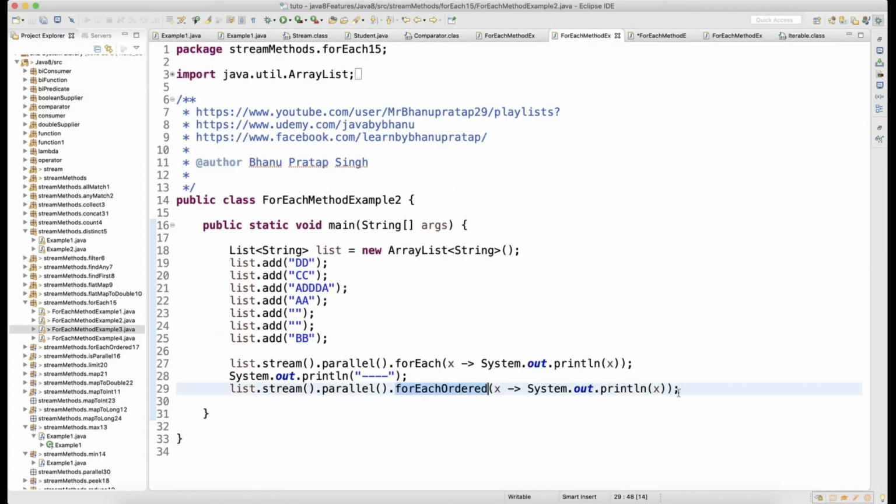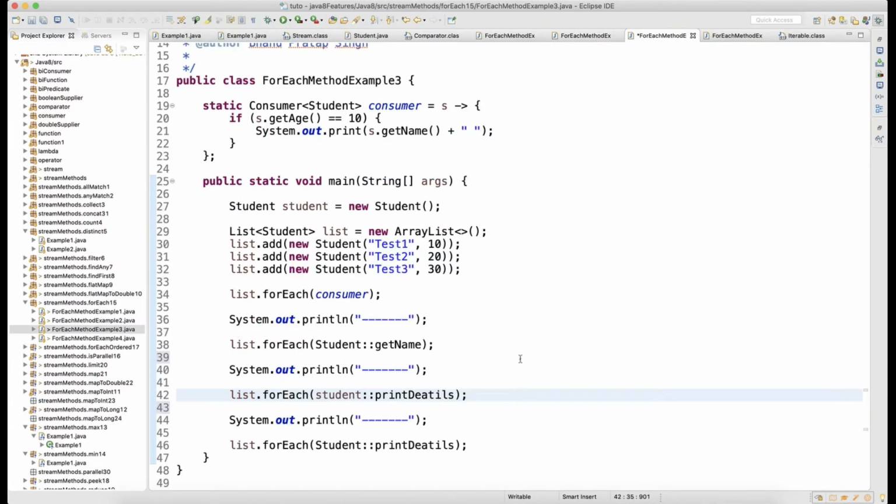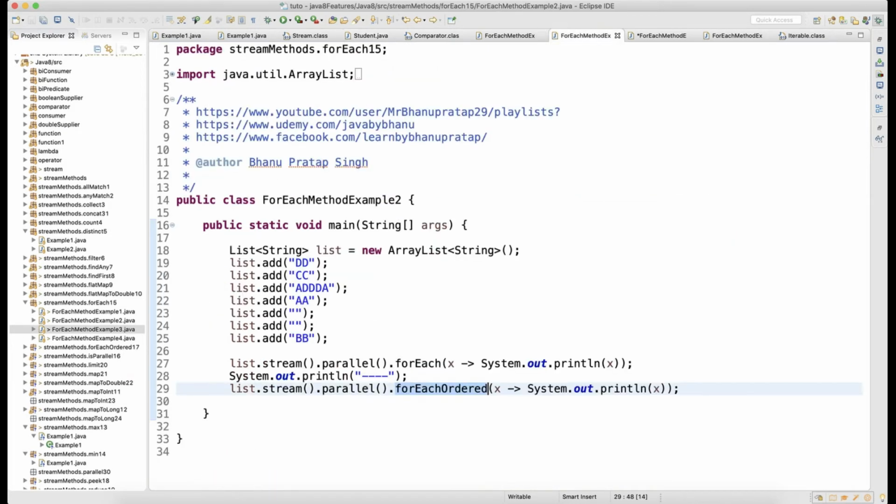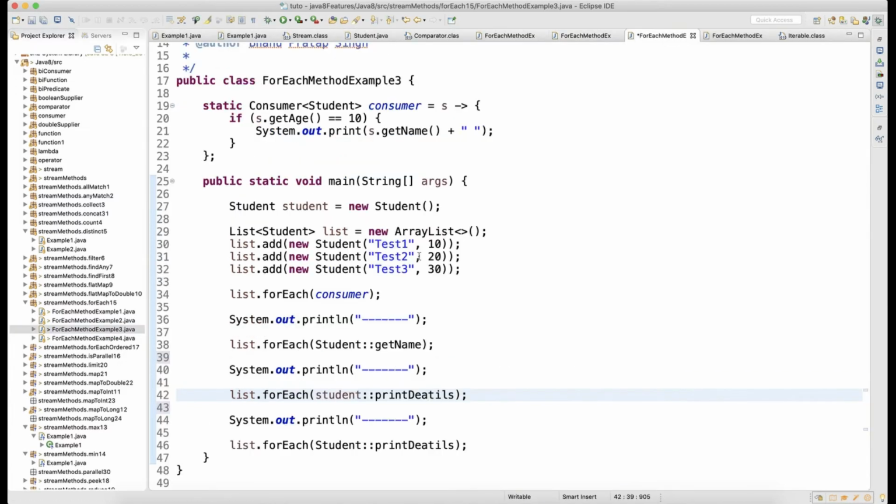Now if you come back to the example, here I'm writing the reference and print details, because here I'm consuming the method which has a method argument. When you press control click on print details, it takes you here, right? Whenever you have a method that has an argument and is non-static in nature, you need to create the object for this class. That is the reason I am creating a student object, and then on this reference I can call the method print details.